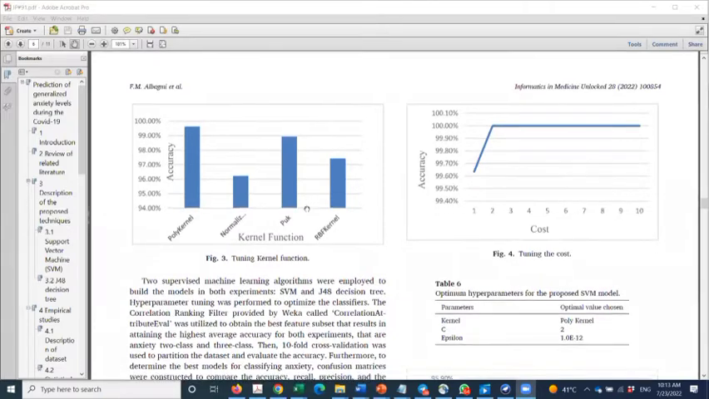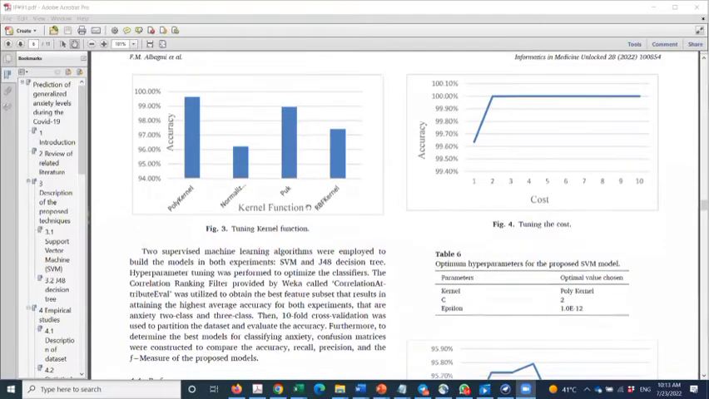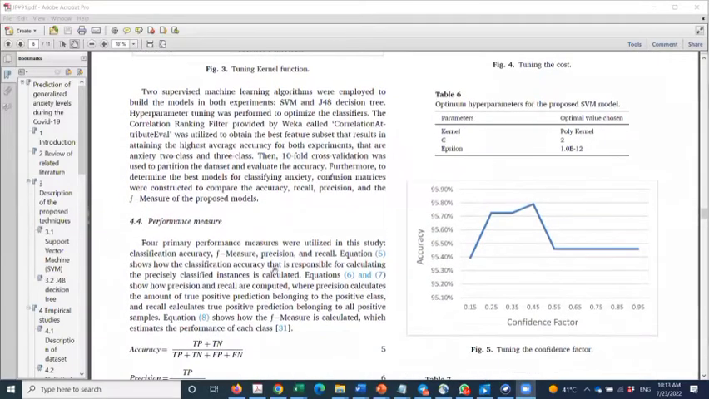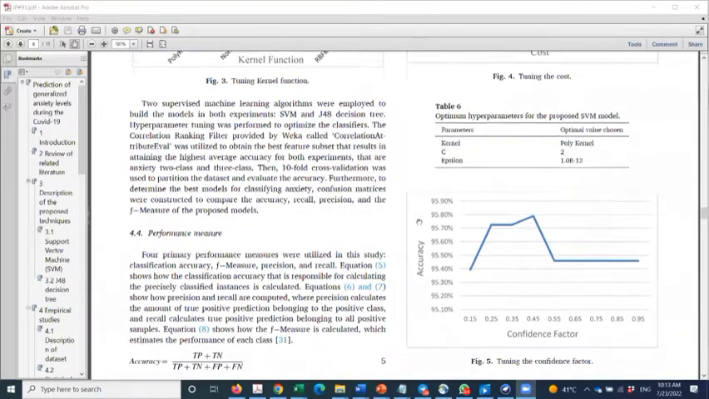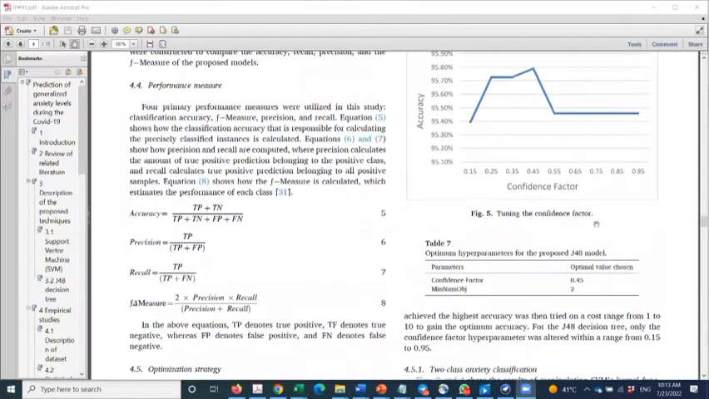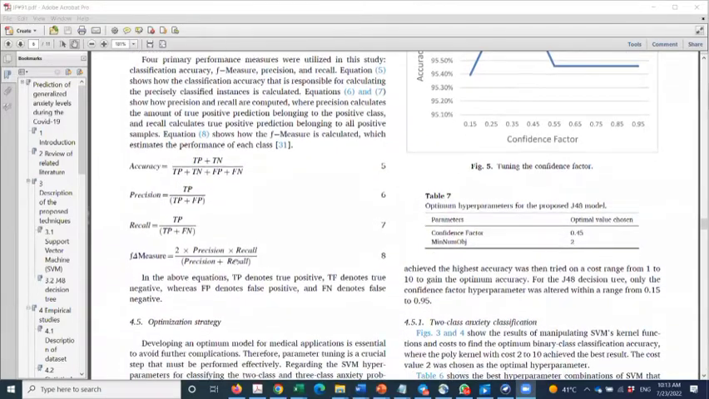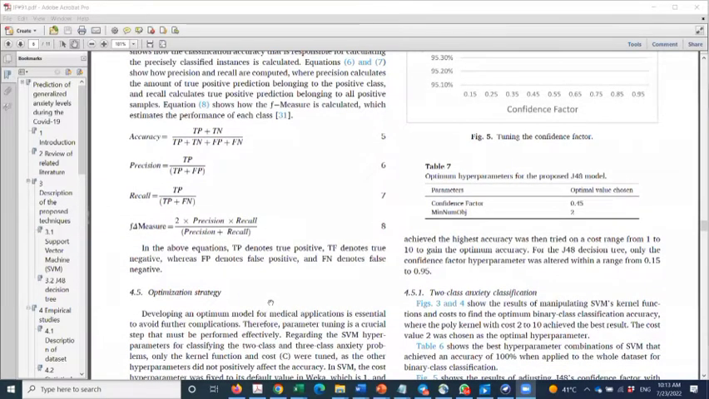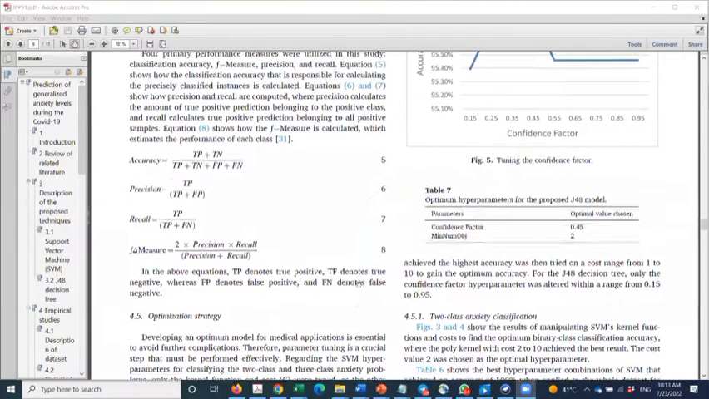Then the next, under the experimental setup, is what we call the performance measure. Tell us how we are going to measure the performance of the model being developed. Also the parameter optimization strategy. We use a very simple one, which I call systematic parameter optimization, systematic search, whereby